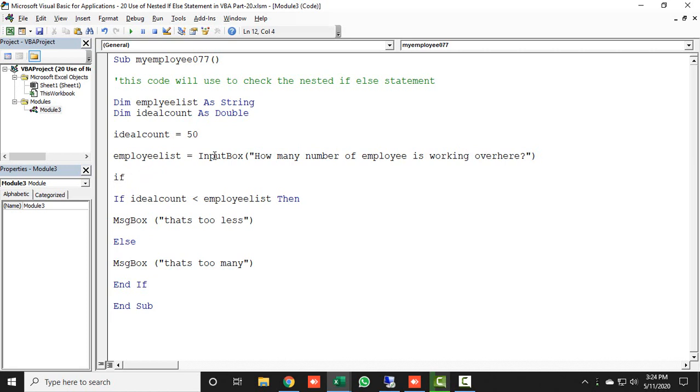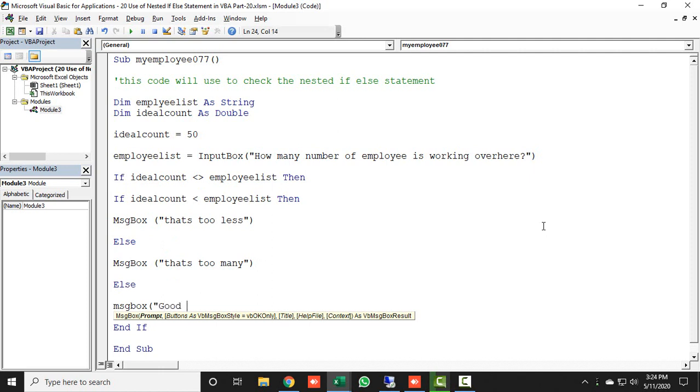If employee or ideal count is not equal to employee list, then that code would run in a message box. First else in a message box: Good job. And also give an End If. So here I need to put End If one.